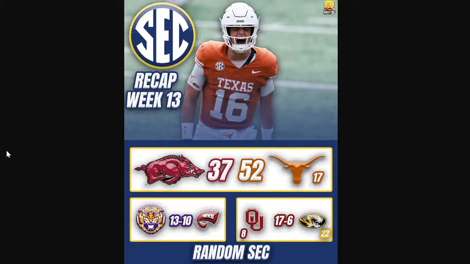Deuce Knight, in his first career start, a freshman at Auburn, absolutely balled out, 239 yards and two touchdowns. He led the team in passing and rushing yards, similar to Diego Pavia. Just a fantastic game from Deuce Knight and a fantastic game from Auburn. I think it's good that he starts off this before playing Alabama, because you need to get the juices flowing when you're playing 100% against Bama. But from what I've seen here against a winning Mercer, granted, in their conference,